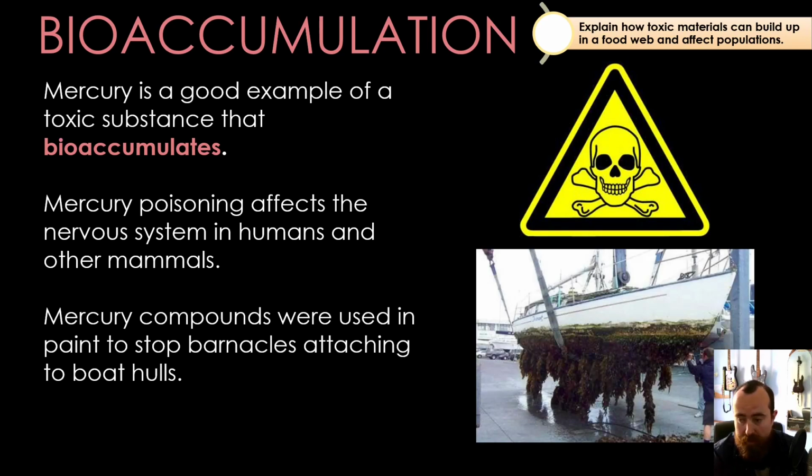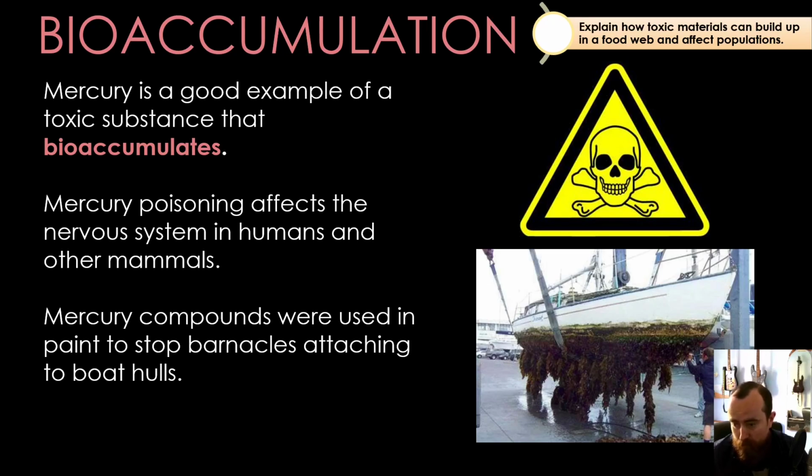The reason why this is a problem, the reason why we're talking about it right now, is because paint that contained compounds with mercury in them used to be used on the hulls of boats, so the undersides of boats. And the reason that they used to use it is to stop barnacles and other things from sticking to the surfaces of the boats. This boat here definitely hasn't been painted with a mercury paint, and it's absolutely covered in